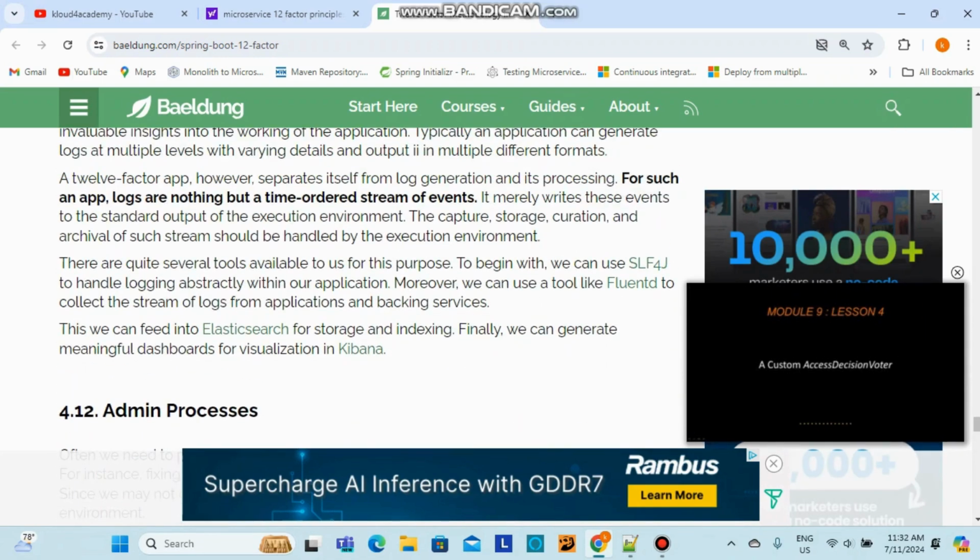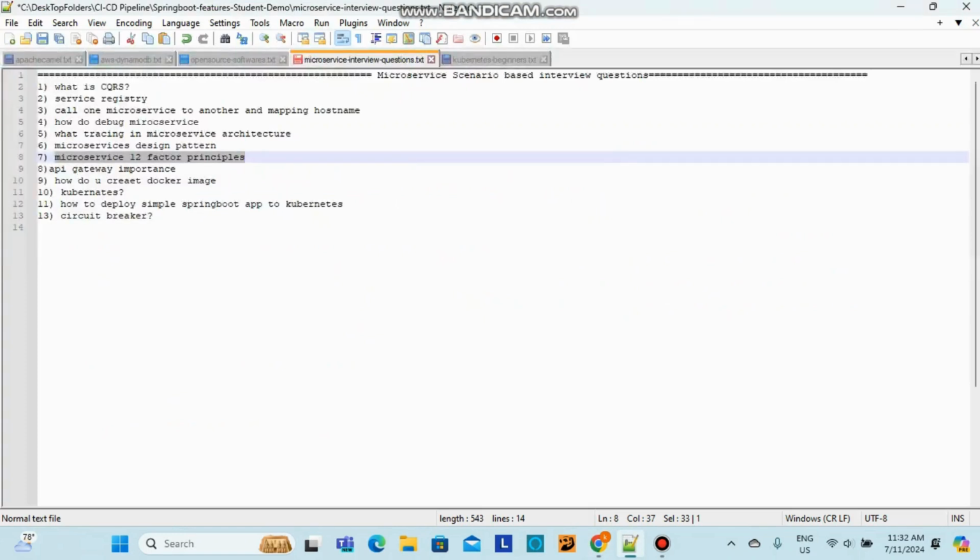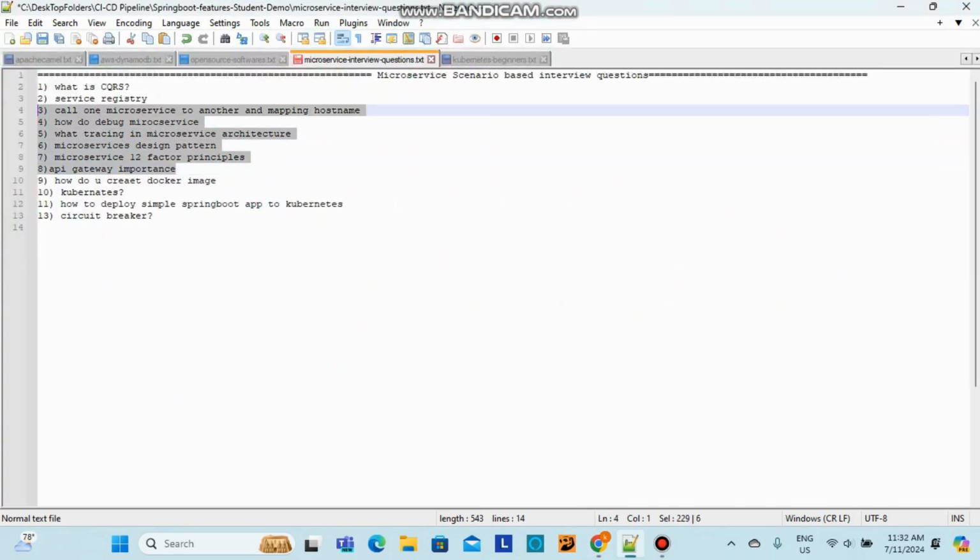So like that you can check in Google, and you can study the 12 factor principles and the importance of API gateway. You can go through more on that on the internet, and you will get more detail on that. And how to create a Docker image? You can create a Docker image with Maven, adding the Maven dependency, and we can do that in the Maven configuration to build a Docker image. That's not a recommended way. The recommended way is creating the Docker image ourselves.